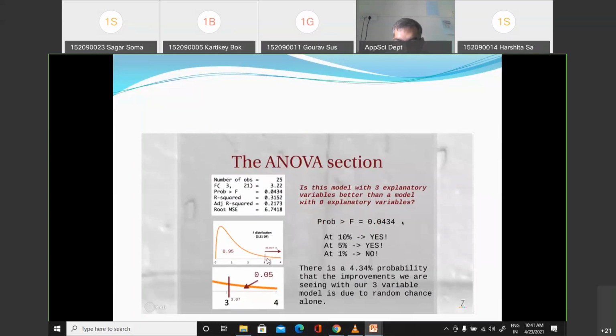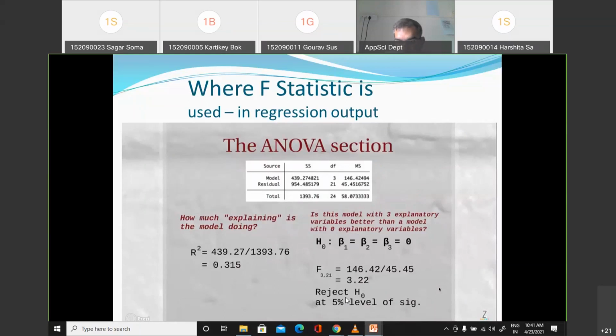So we reject the null hypothesis that the variation in both the models is the same. That is our null hypothesis. That has to become our null hypothesis, right? The alternative hypothesis is that the variation in the two models is different. We are trying to prove that the variation in the two models is different, so our null hypothesis becomes that the variation is not different.